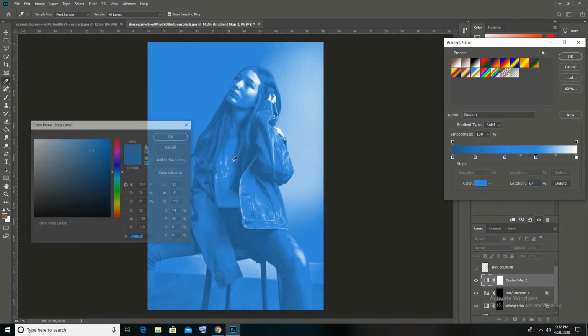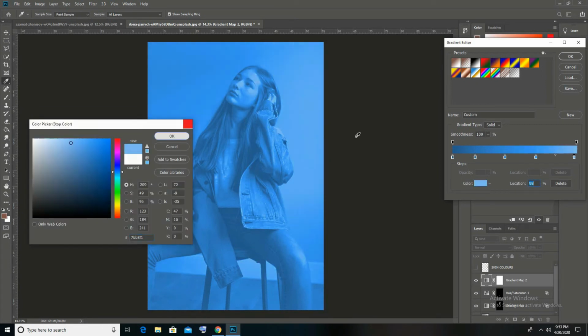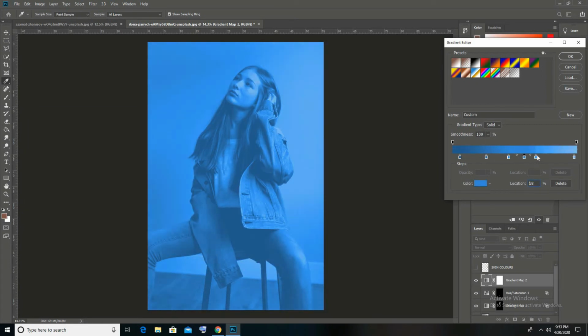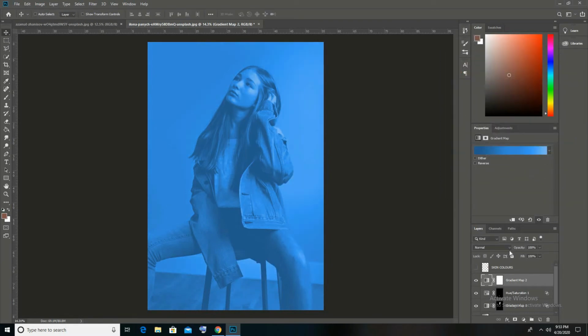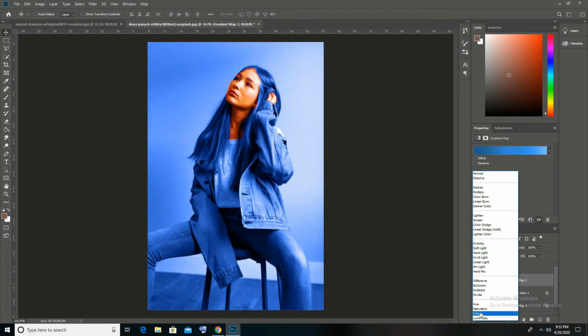We just have to go from the darker shades to the lighter shades, just like this. Manage them properly. Again go to the blending options and put it to color mode.